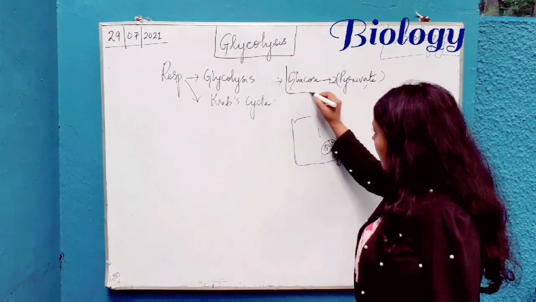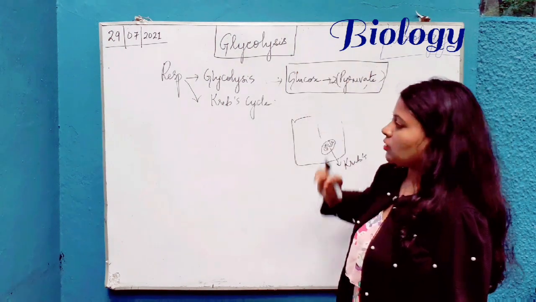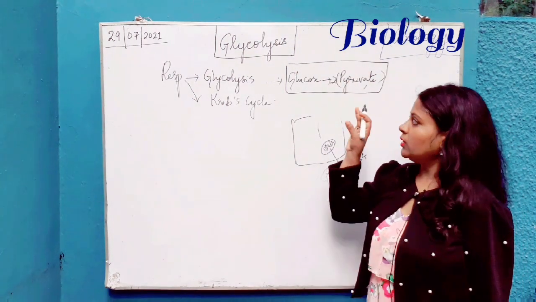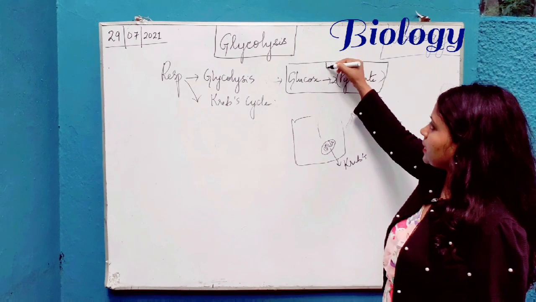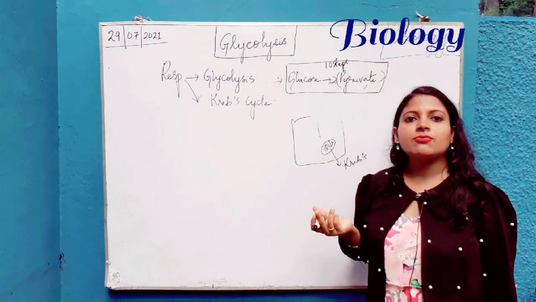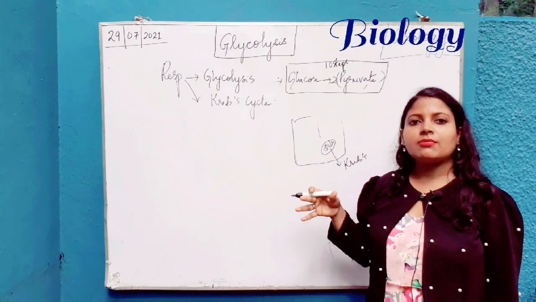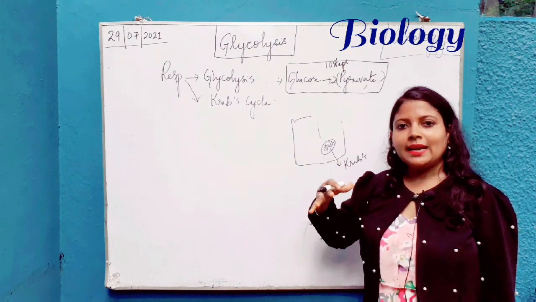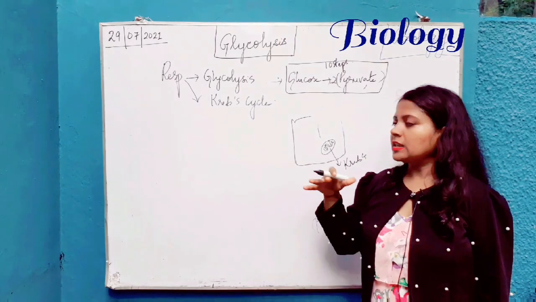So this process is called glycolysis, and between these there are 10 steps taking place, okay. 5 steps are for the investment phase,